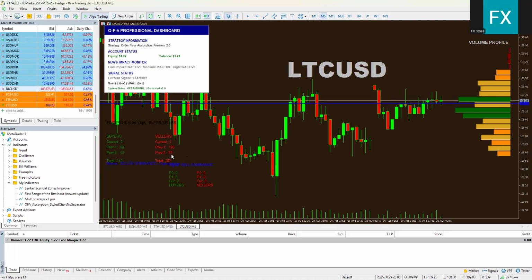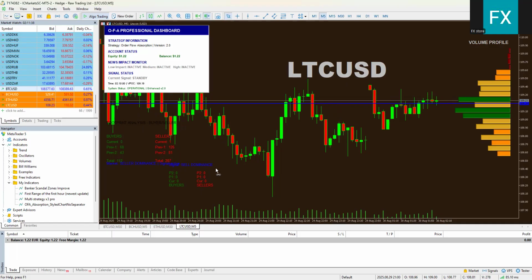And 2 days before there was 81 sellers. Total we have 207 sellers. What is selling us? Seller dominance. That means the seller is dominating, controlling the market because he's probably planning to sell the Litecoin for USD dollars, right? So what we know in this, where the market goes, is probably going to go down